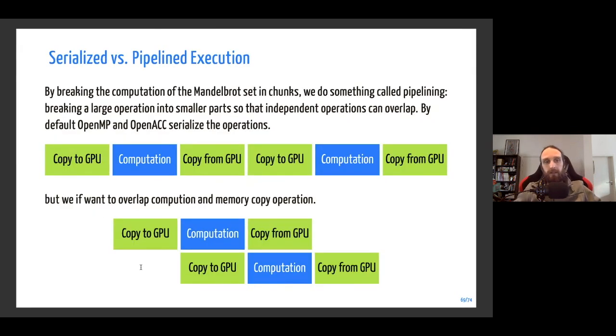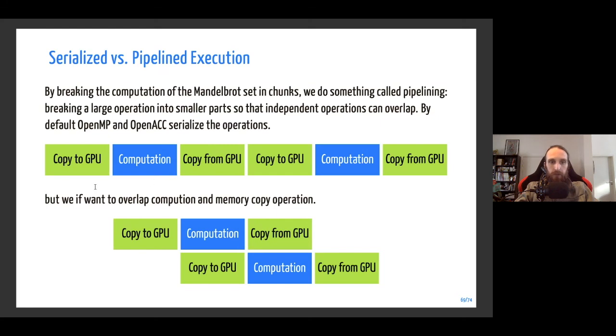But by doing this, we do not really see a lot of improvement. We are just sending a lot of kernels, okay? But this is serialized. All the blocks will be put in the default queue, and the items in this queue will be executed serially. In our case, we don't have the copy to the GPU, but most of the time, this is what your typical computation will look like.